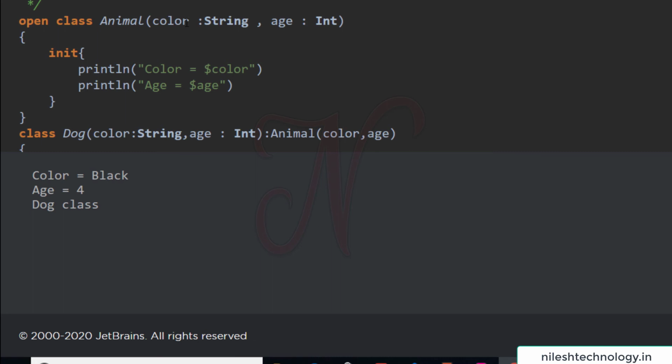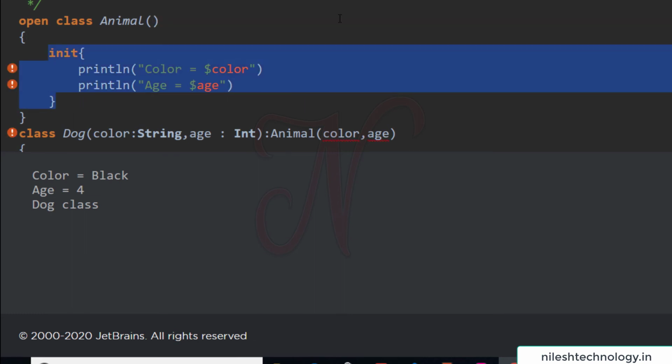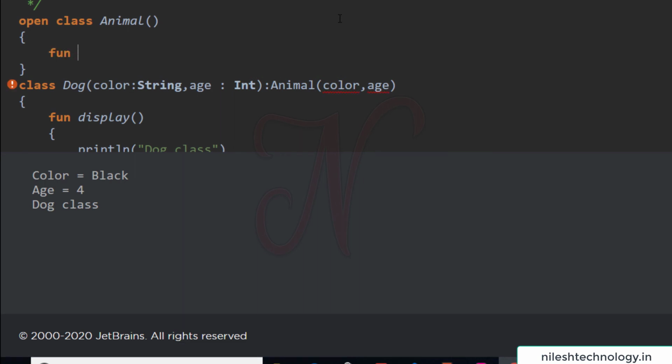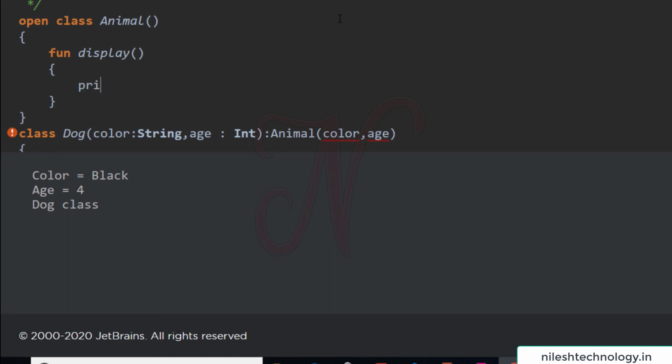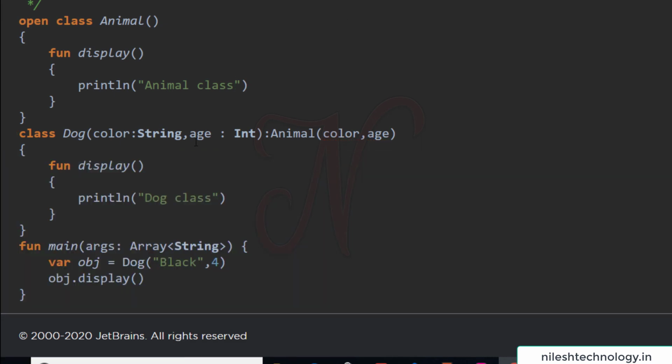For example, this is your Animal class. Here we remove these parameters and define one function, for example display, and this is one message, animal class. This is the child class, Dog. Here we remove these parameters, and there is one more function, display.